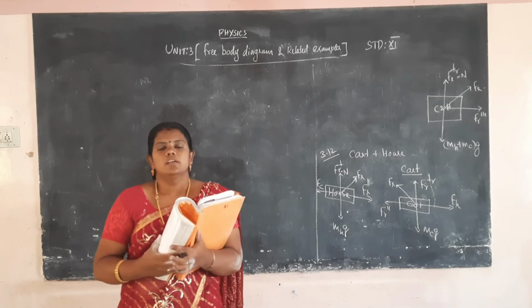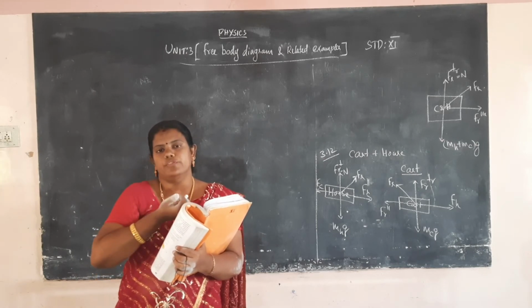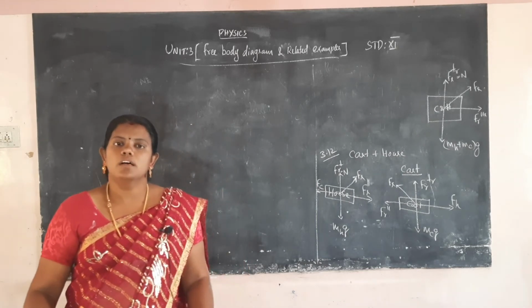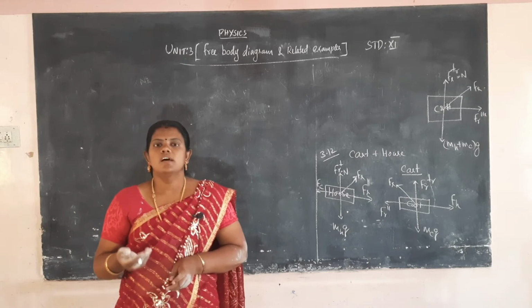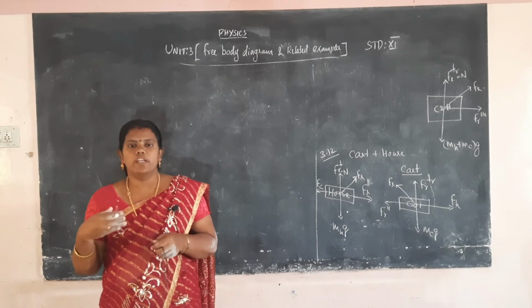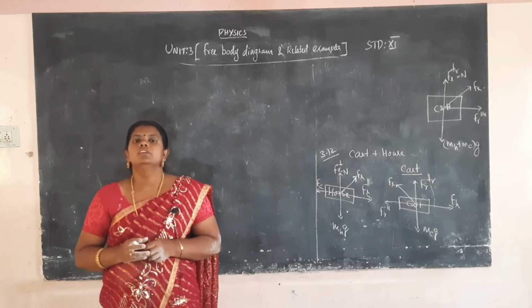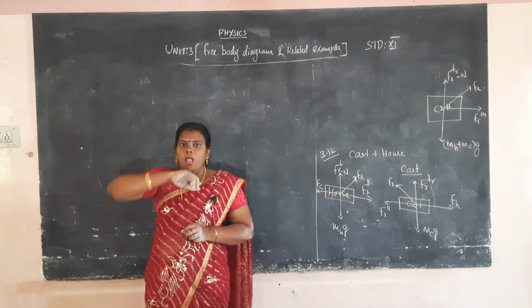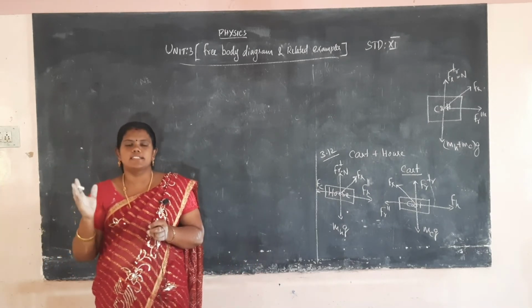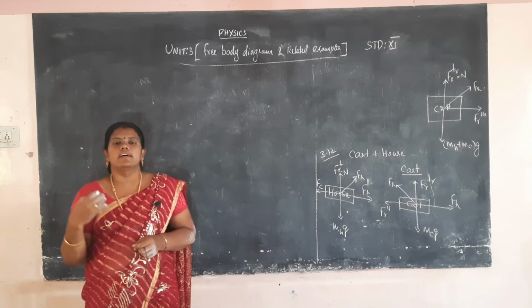That's the question. We have to consider the cart and horse. The horse gives a force to the cart, so the cart moves forward. Then the cart applies the opposite force on the horse, moving it backward. These opposite forces act, so the net force is 0, so how does the horse move forward? That is the question. This is not the correct answer, because we had considered the horse and cart as an individual system, and the forces acting on the cart and horse.